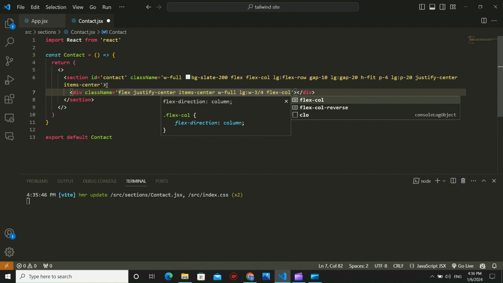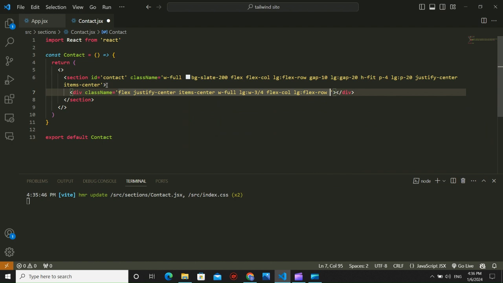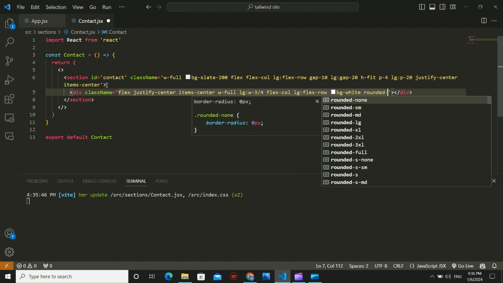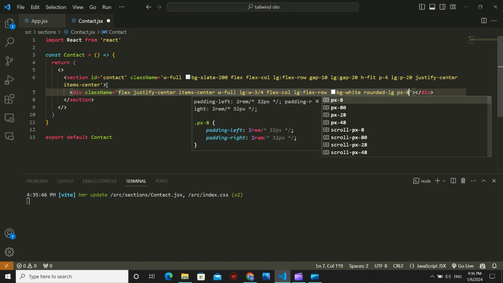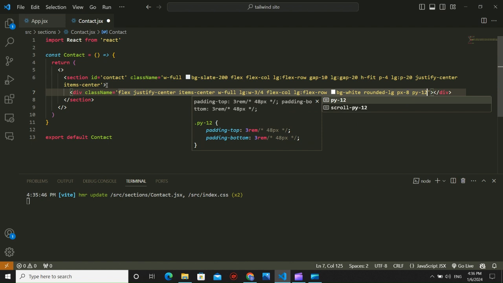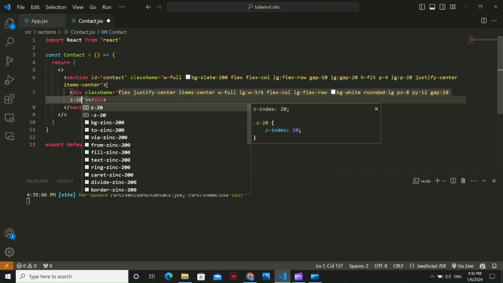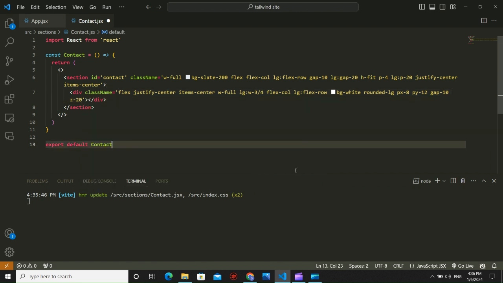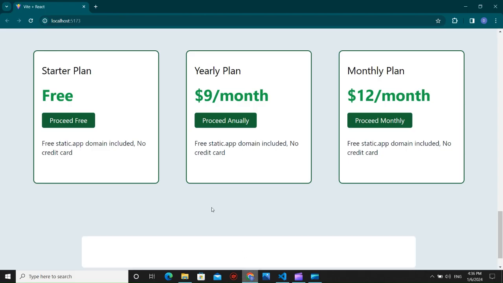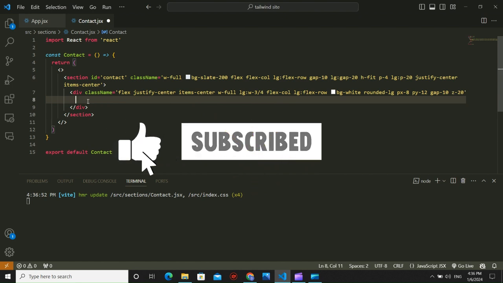flex col, flex row, bg white, rounded lg, and in x-axis padding would be 8, and in y-axis padding would be 12, and gap of 10, and z index of 20. Okay, so let's format this, and let's go here, and inside this is the main div,